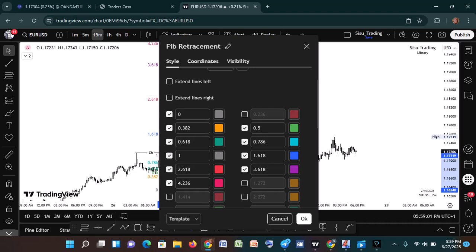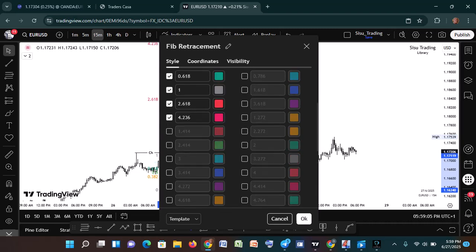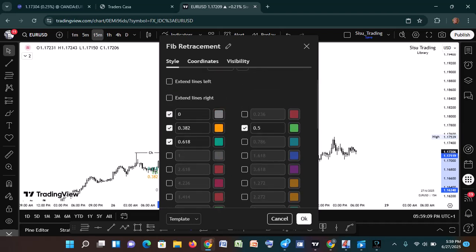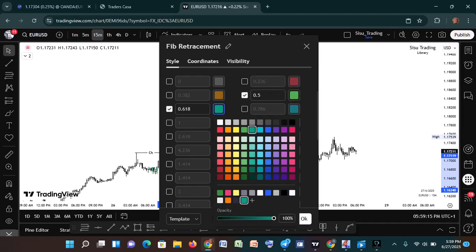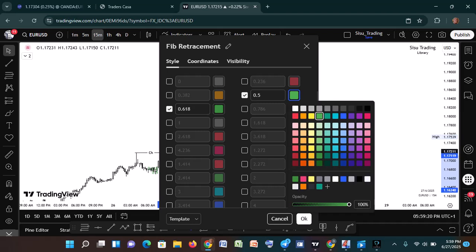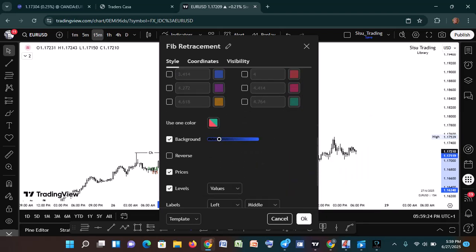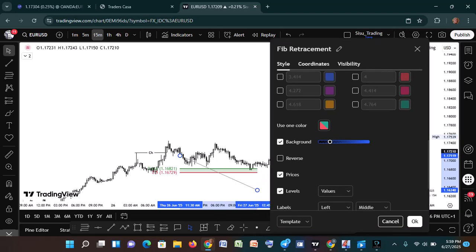So I delete everything here because I only need the EQ, which is equilibrium, and 0.618. It helps me to find a better place for my POI. Maybe I don't have a clear POI, so I just use 0.618 and I enter there, right? So it helped me. Let me drag it so you can see how it looks now after I unmark